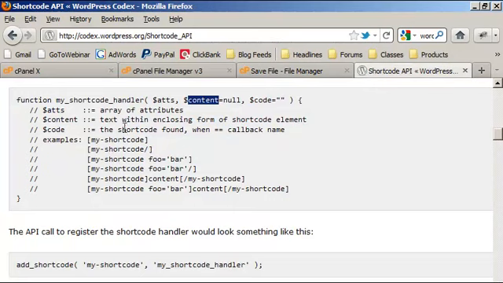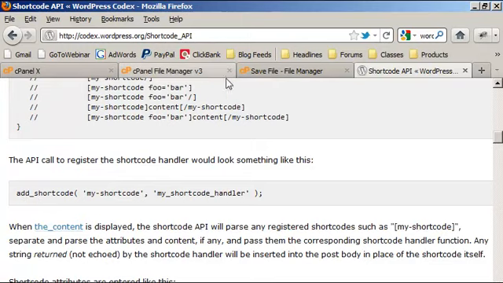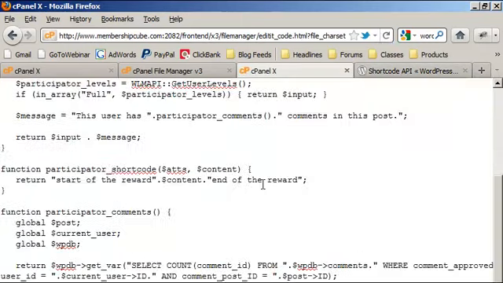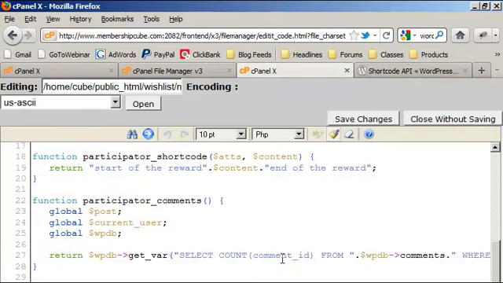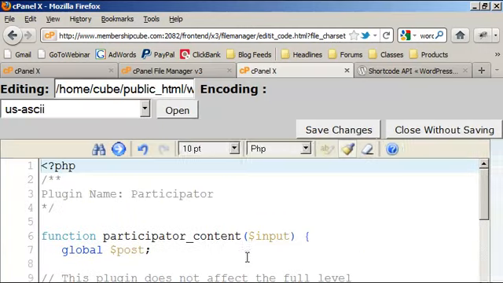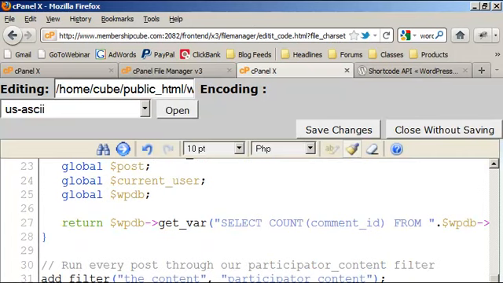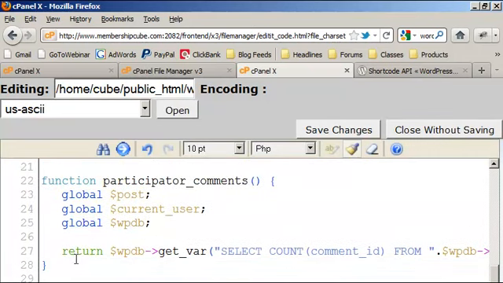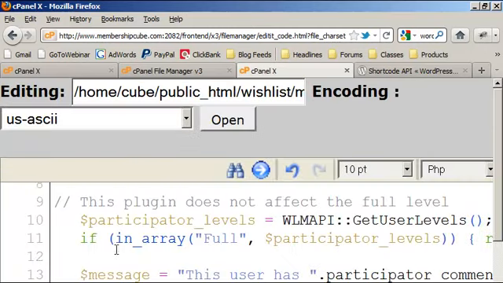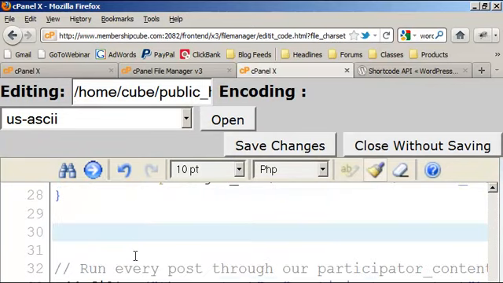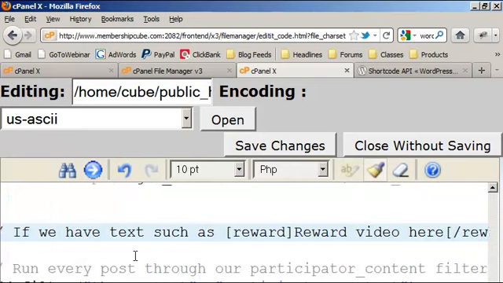Save changes. Oh, and add the hook. So basically we added the function, the handler, but now we have to actually hook it up to WordPress. So we need to go back here, and now if we have text, whoops, you really can't see the bottom of that, can you? All right, I'll write it up here then. The order on this does not matter, by the way, if you haven't figured that out yet. Okay, it keeps resizing though. All right, so here we will say, if we have text such as reward video here /reward,